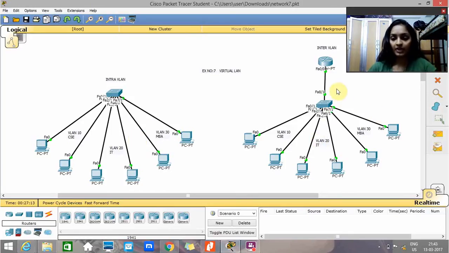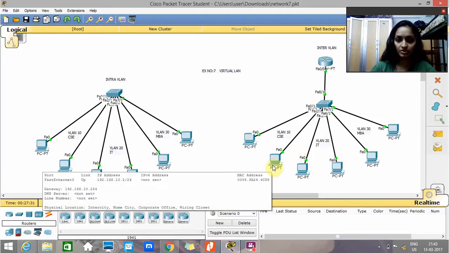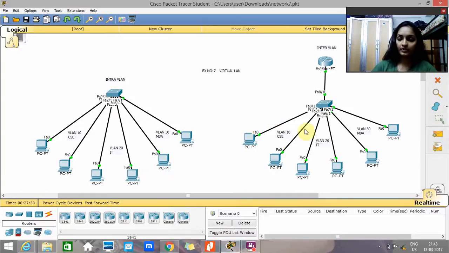For inter, we have a special router here, and here also we have connected 6 PCs, 2 PCs for each LAN, which are 10, 20 and 30. Whatever commands we gave in intra should be given in inter also, because we have to connect the PCs of the same LANs. So we will be giving the names first for all the LANs, and after that we will be giving switchport mode access, VLAN 10 for these two PCs, 20 for these two PCs and 30 for these two PCs. After that,